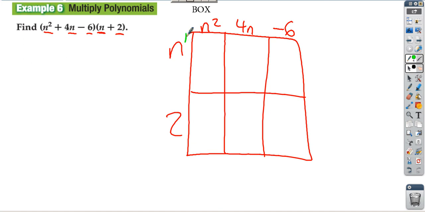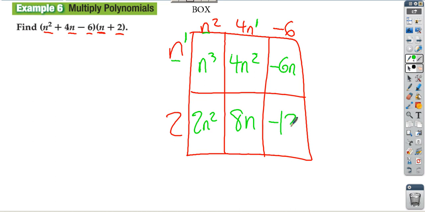So that's an n to the first, that's an n to the first. N to the first times n to the second is n to the third. N to the first times 4n to the first is 4n to the second. And n to the first times -6 is -6n. Same thing on the bottom. 2 times n squared is 2n squared. 2 times 4n is 8n. 2 times -6, -12. What's nice about the box is the like terms usually line up on the diagonal,